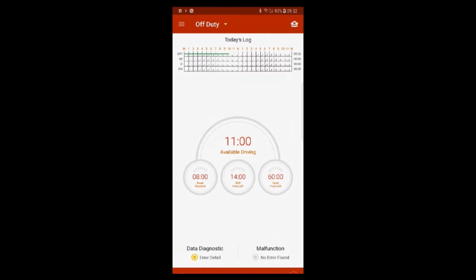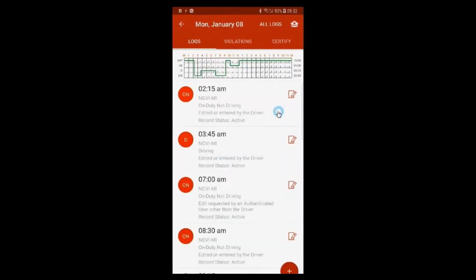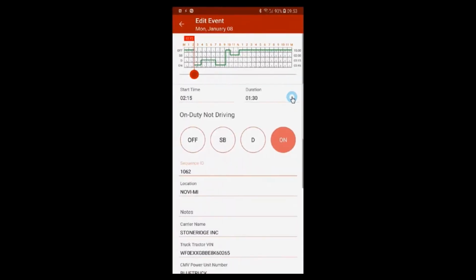We will start on the main driver's screen after logging into the application. Select the Previous Logs button on the bottom left of the screen, where you will see a list of your previous logs. Select the 8th of January, where we need to correct the duty status. We select the first activity, on duty not driving, by selecting the red paper and pen icon on the right of the activity. You are presented with the main edit screen, where we adjust the on duty, not driving to 1:30